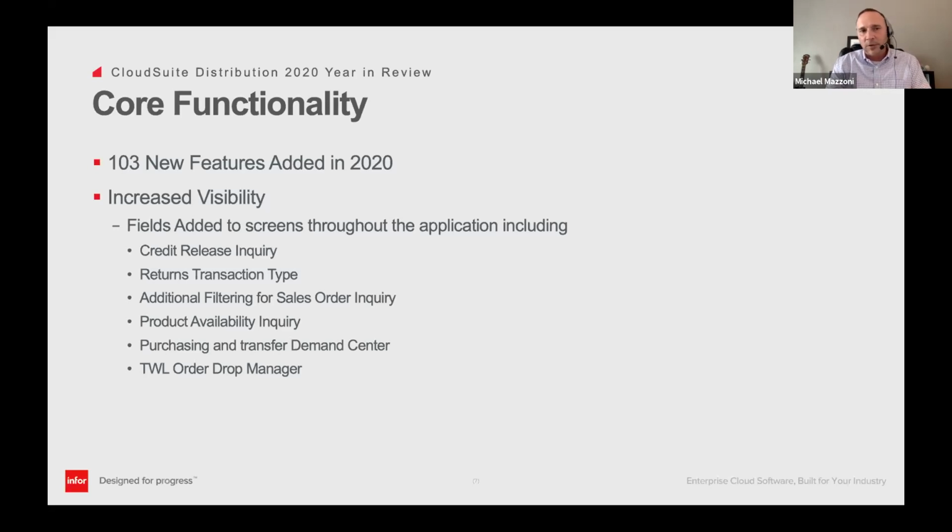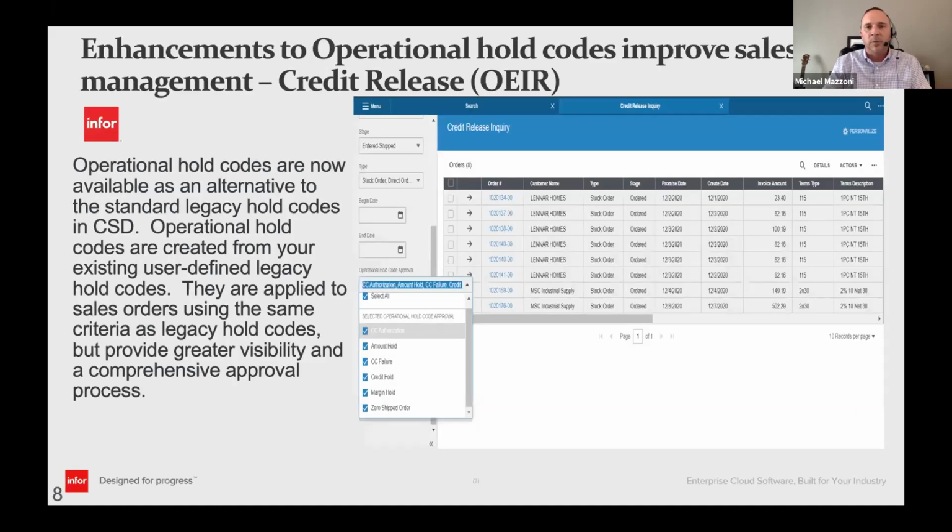I'm not necessarily going to read through all of these. I know we've got a lot to get through in a short period of time, but hopefully everybody can see just some of the areas. In addition, as we start to get into some of the specific features or functions that have been added, this is a subset, but we wanted to highlight some of the big ones, some of the ones that we thought were fairly exciting. I do want to mention, by the way, and I apologize, I don't remember the exact number, but out of that 103 enhancements this year,